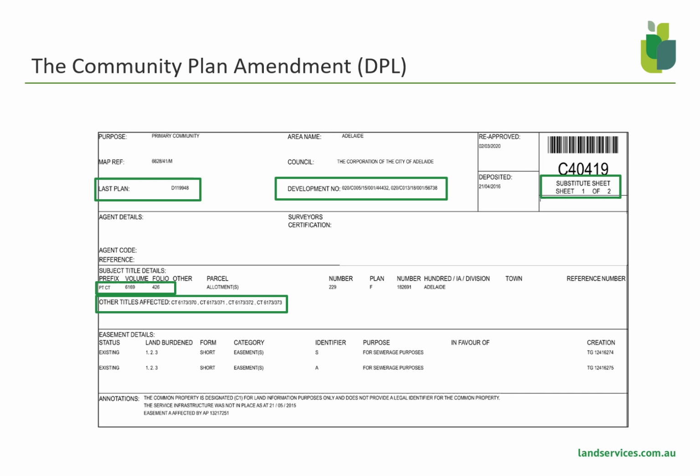In this example, we also had a variation of the easement which we needed to highlight in the annotations by adding a notation that easement A affected by the AP. It is very important that the conveyancer is made aware and communicated with to ensure everyone is on the same page, especially as regards the other titles affected, as this impacts on them as regards whom they need to contact.